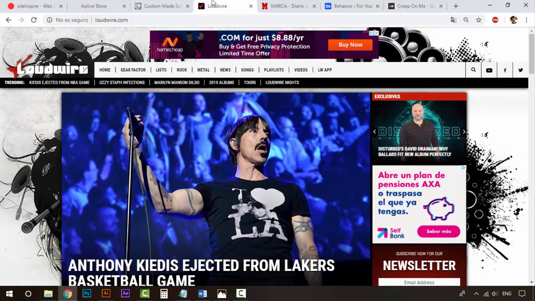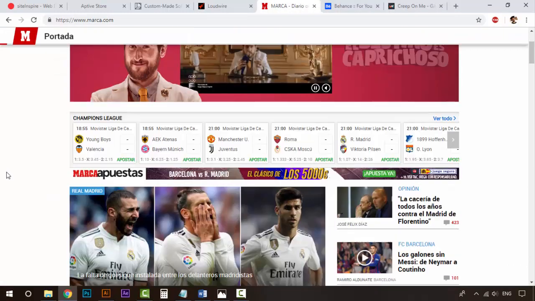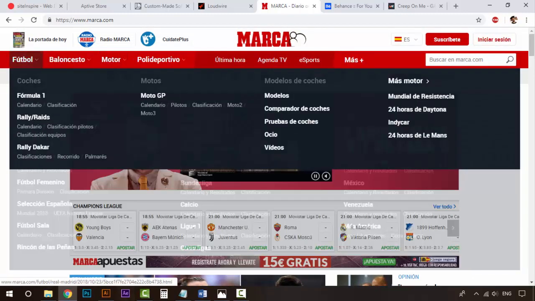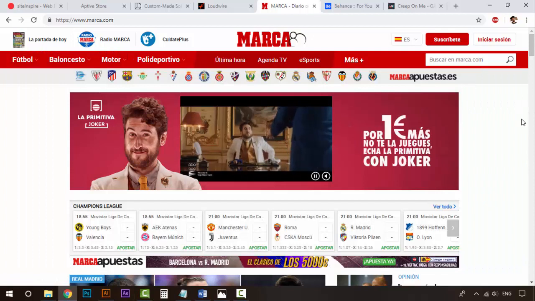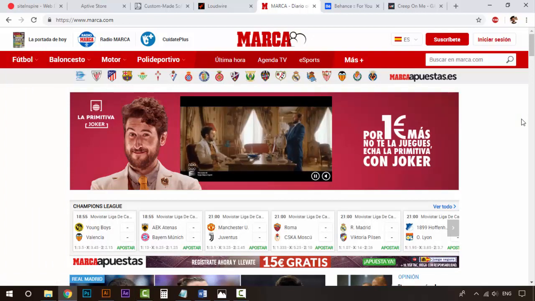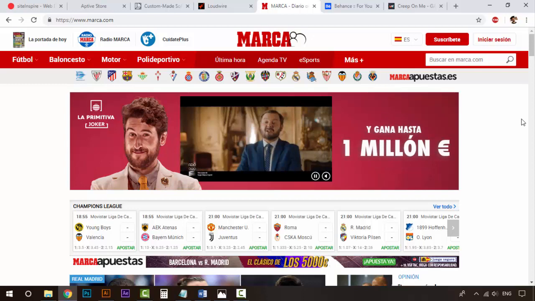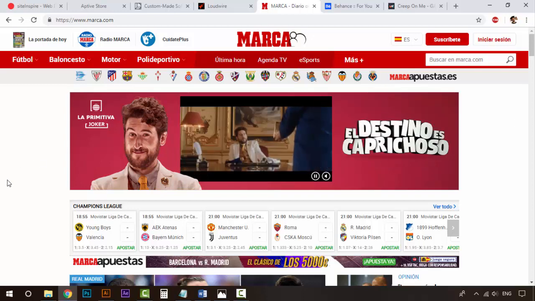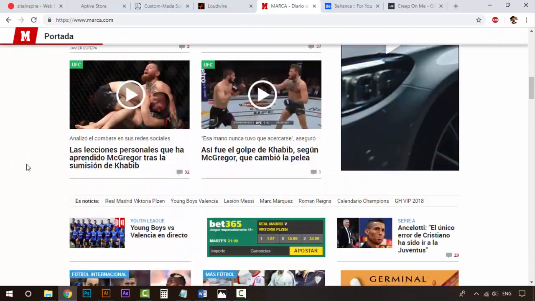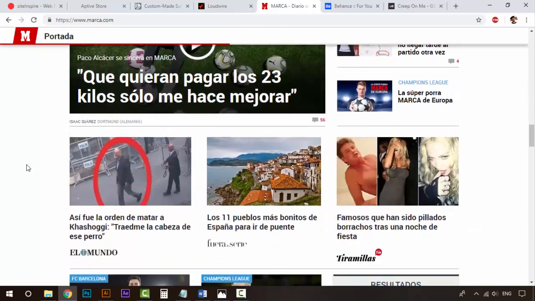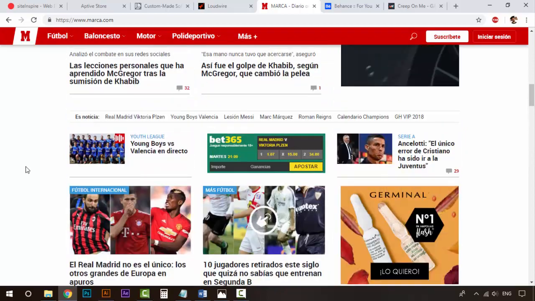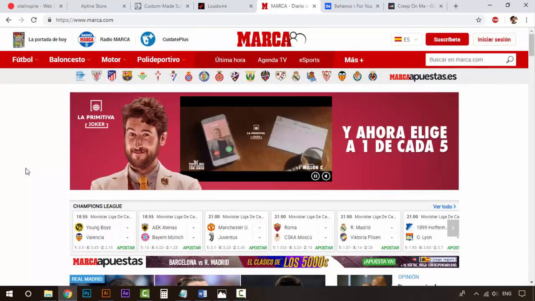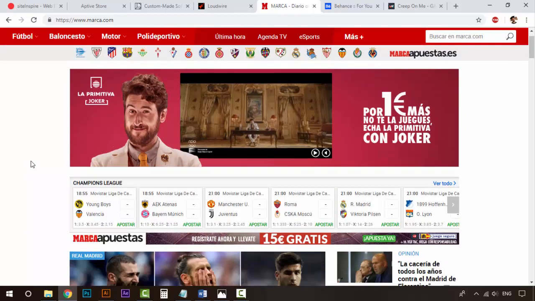I also have this website to find out about sports. It's in Spanish, of course, but the thing is that if you come here, it's because you are a football fan and you want to check out the news of football. And here they are. There is a lot of football news. You have other sports, but mainly football. So, as a football fan, this website is amazing because you have a lot of news and they are pretty